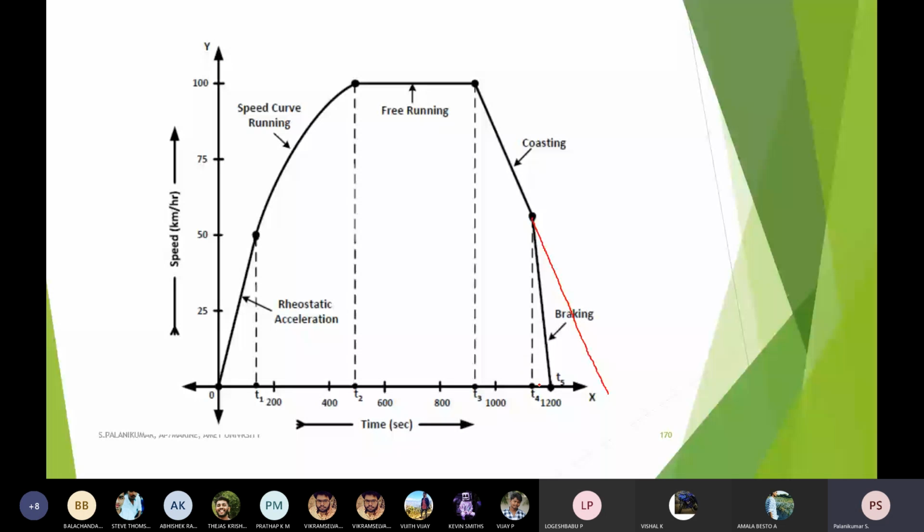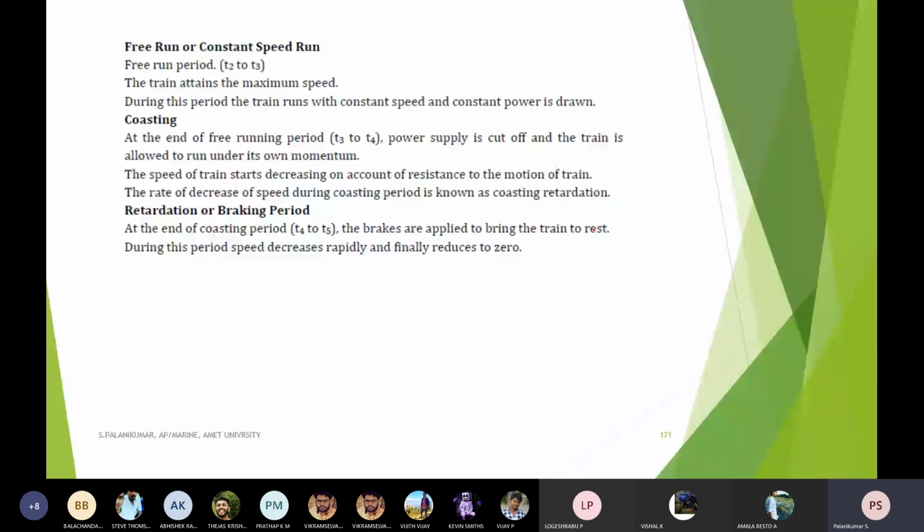So I definitely have to start the braking operation. That is braking or retardation. At the end of the coasting period, the brakes are applied to bring the train to rest. During this period, speed decreases rapidly and finally reduces to zero. So whenever we apply this, automatically what will happen? We are using the concept of